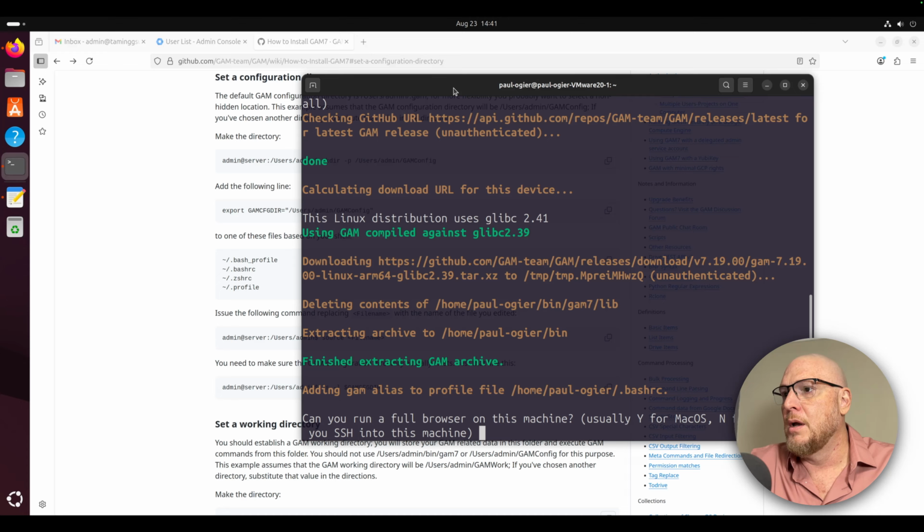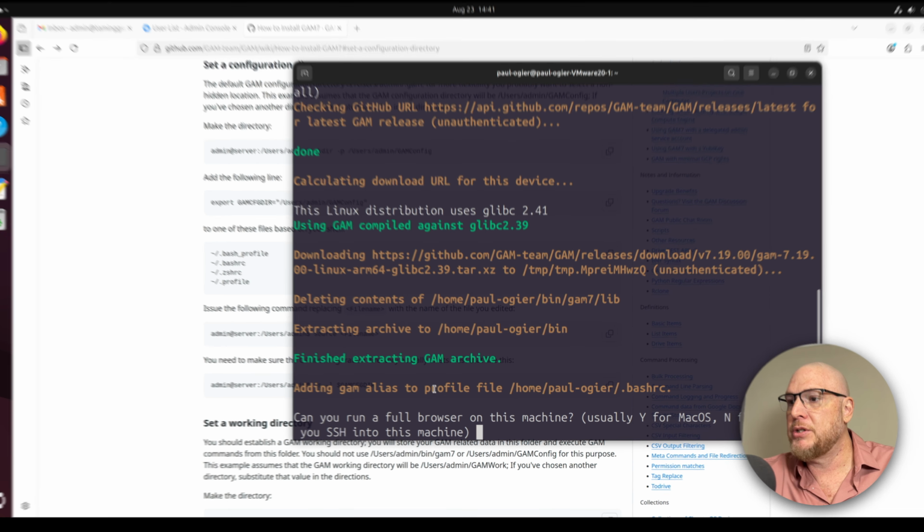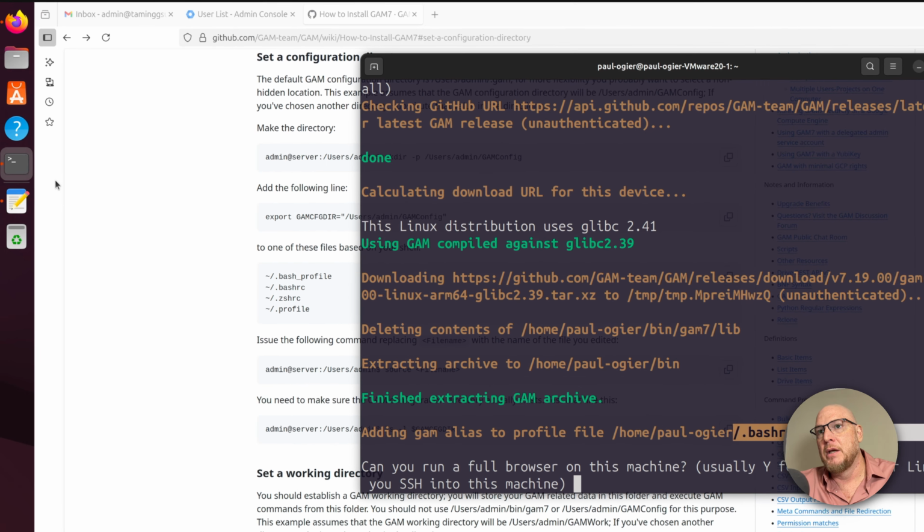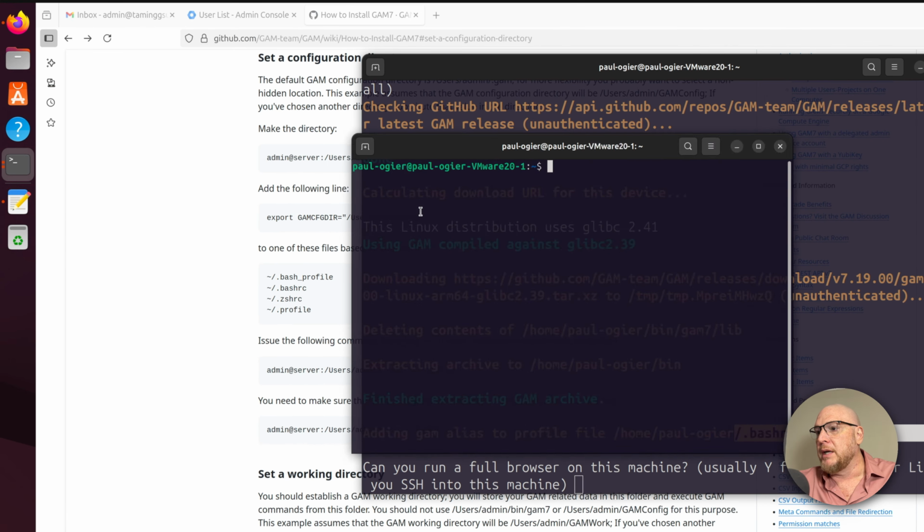So, perfect. Now that that's come here, it's extracted the GAM archive. It says the GAM alias is put into the profile file over here, the bashrc. So if we open up a new window here,